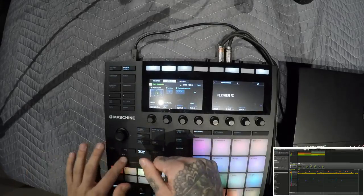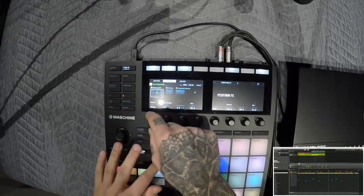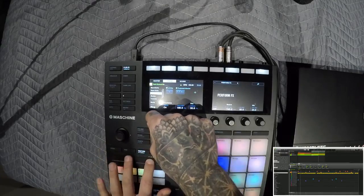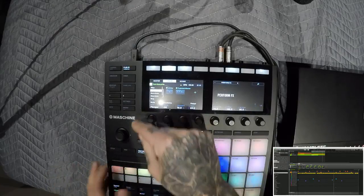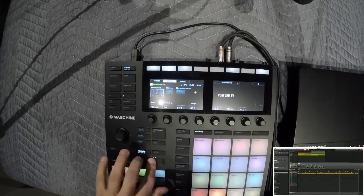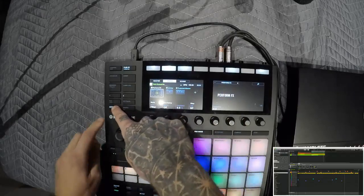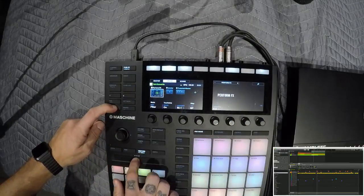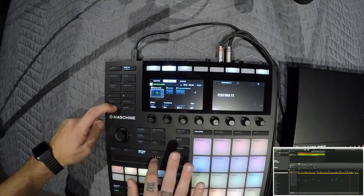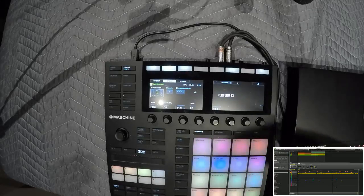You can do scratchers. Do some ring modulation. And being multi-touch, you can, and you can record all this. So if I want to record a filter, I just hold auto. And now you're going to see it automatically record what I did. So just like that, quick, simple workflow of being able to take what's here, put it here, and then